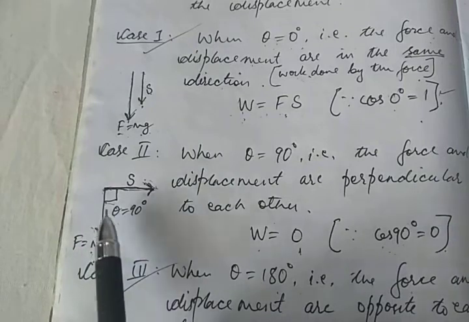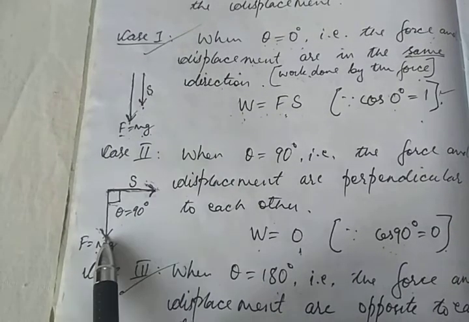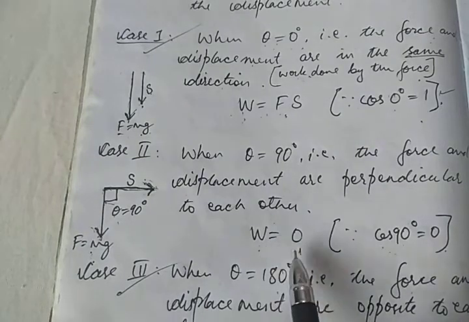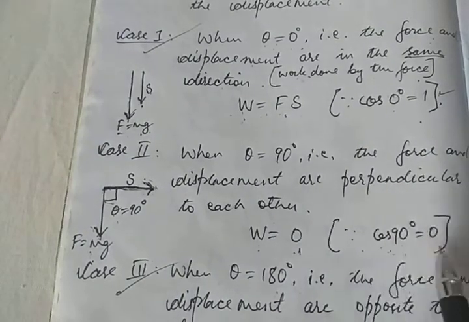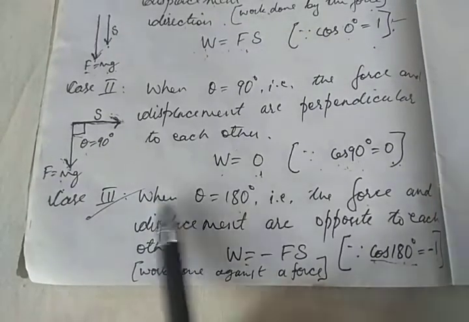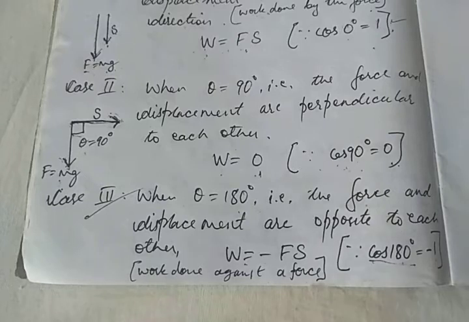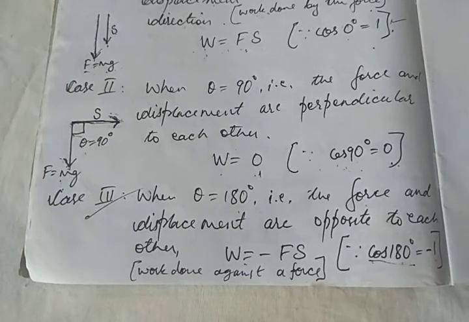So the question is, what is the work done by the force of gravity, remember? Since in this case theta is 90 degrees, work done will be 0, since cos of 90 degrees is 0. And case 3, when theta is 180 degrees, that is when the force and the displacement are opposite to each other. A good example of this is, I have a stone, or again a piece of chalk,